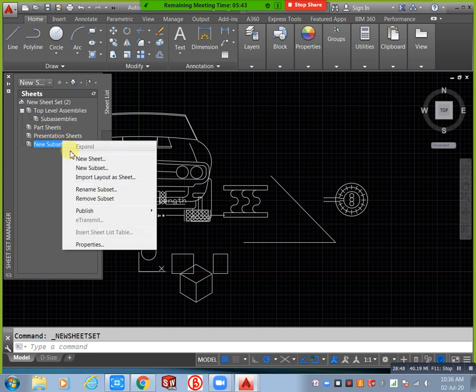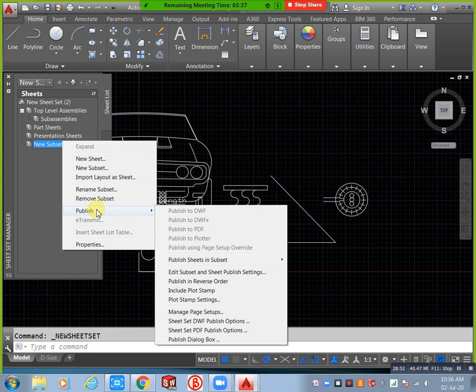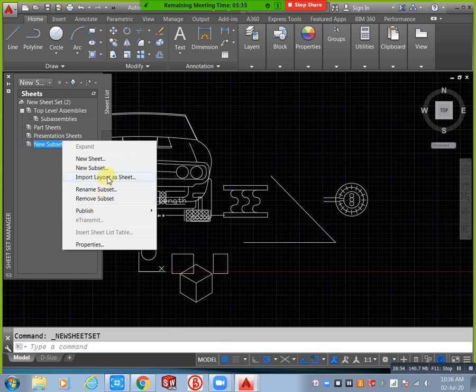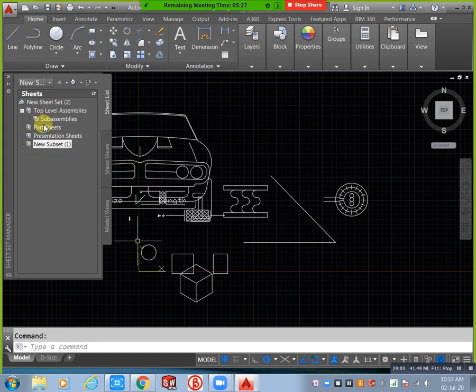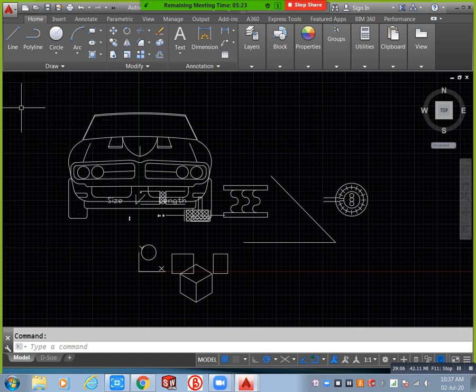That is Control 4, Sheet Set Manager. Next you will go with Control 6. Control 6 is nothing but tab changing. For example, we opened 2 tabs now. This is one, this is one. Easily you can change using this. See, it is for tab changing. However many tabs you opened, all are automatically displayed here. For that purpose we need to use DB connector.